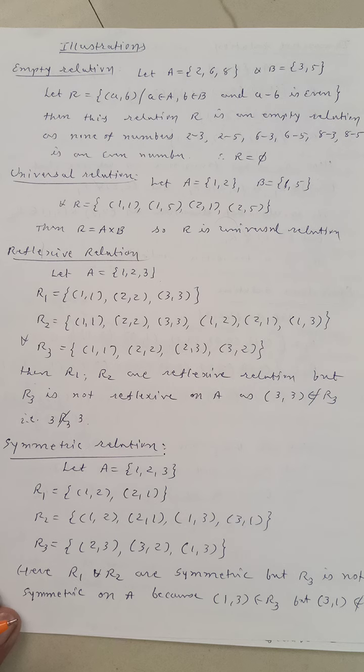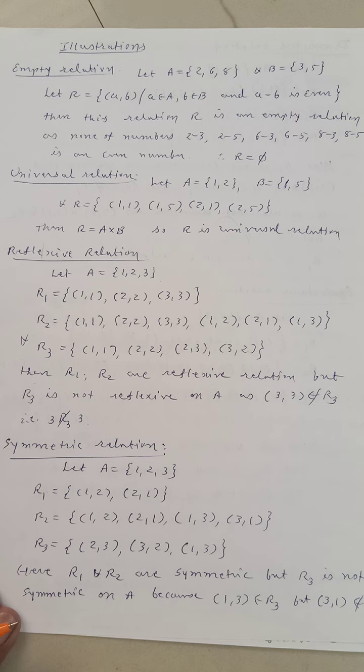So when you look at your definition of reflexive relation, we know a set consisting of members A, and ordered pairs (A, A) for every A belonging to A, then we call it a reflexive relation. So I hope it is clear that first, R1 is obviously a reflexive relation because all members present in A are 1, 2, 3, and we see in R1 the pair (1, 1), pair (2, 2), and (3, 3), all 3 pairs. So definitely R1 is reflexive.